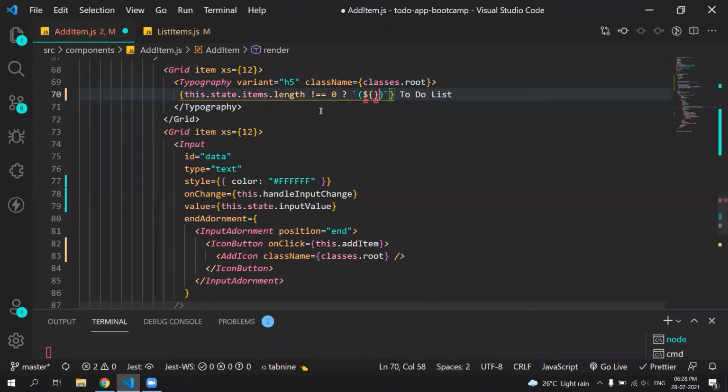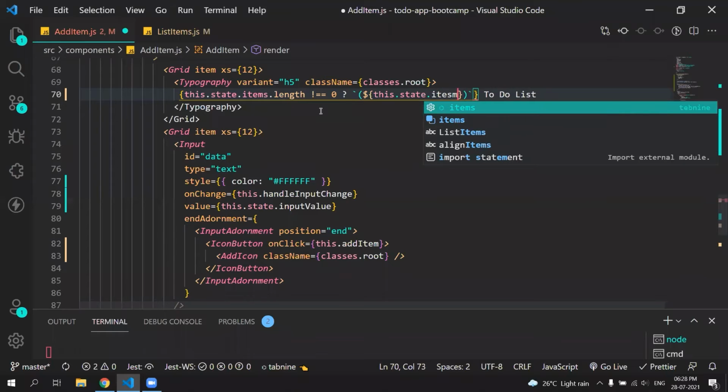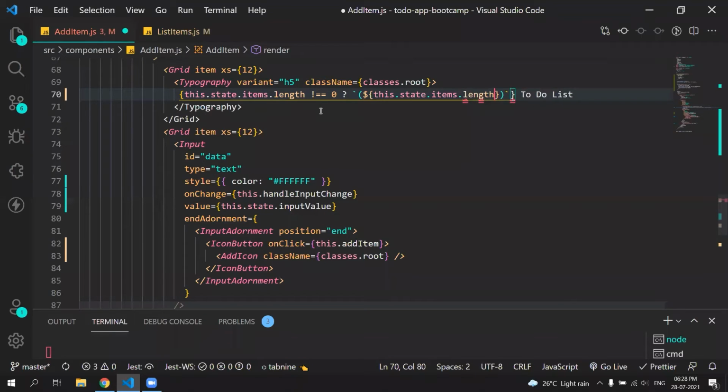I'll tell you what I'm doing. Let me first write it. So this.state.items.length. Otherwise, nothing.